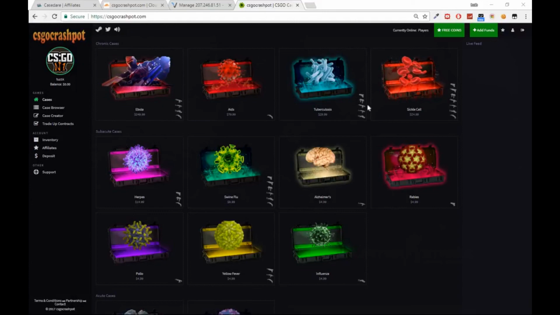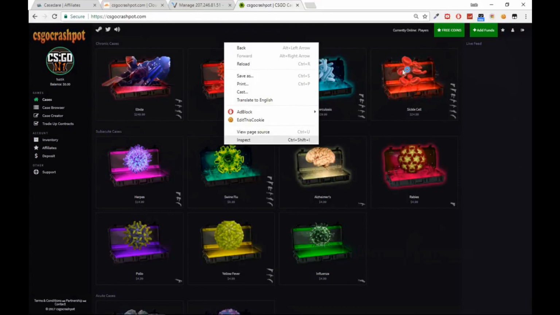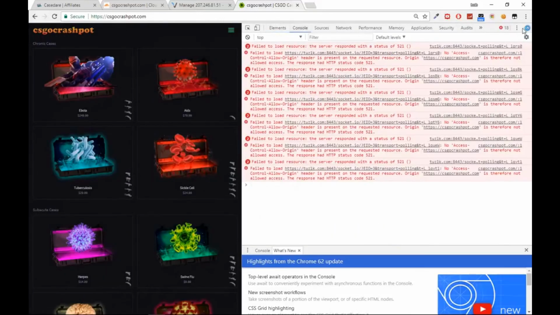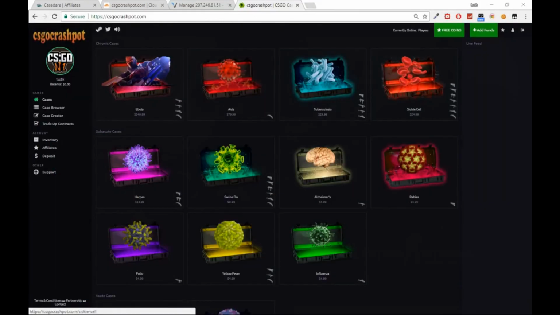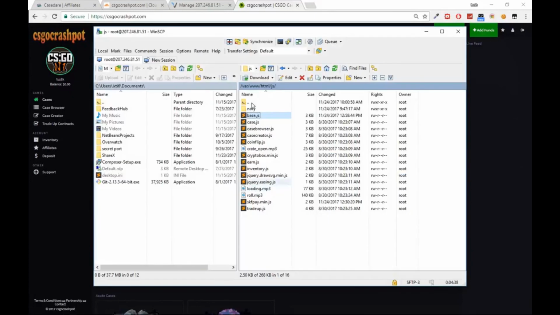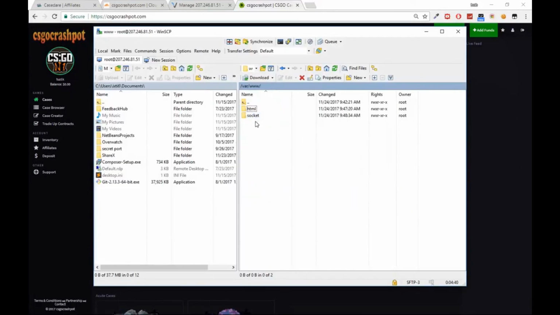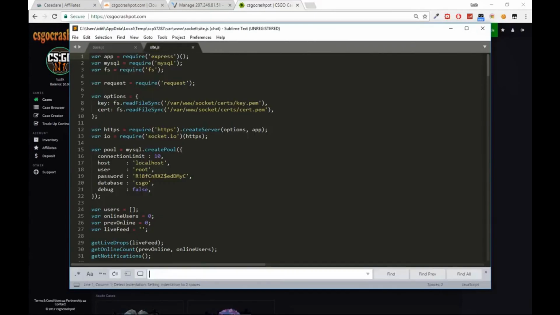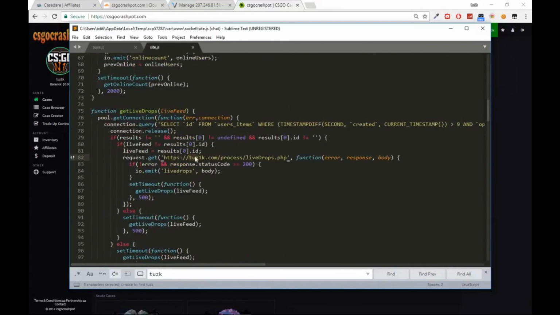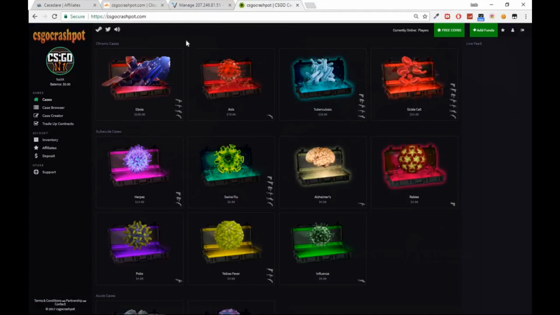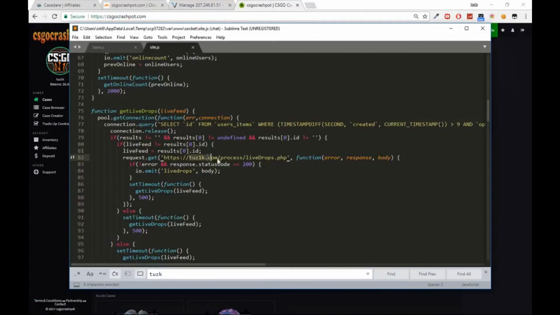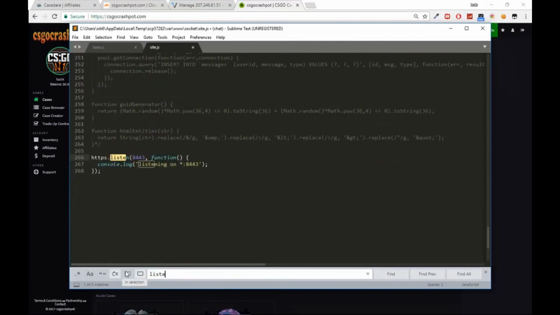So there's, let me check the console, why it's not saying, oh, we need to replace those 1k for socket. Oh, we need to replace this with your domain. So we need to replace that, and to listen,